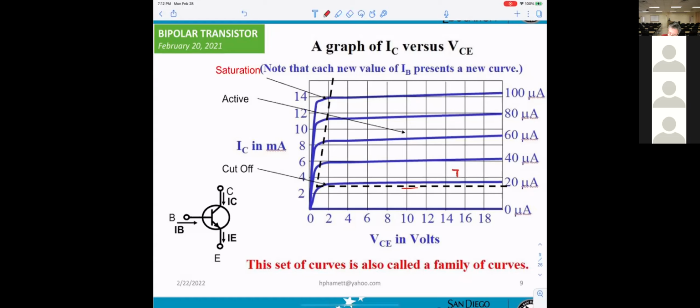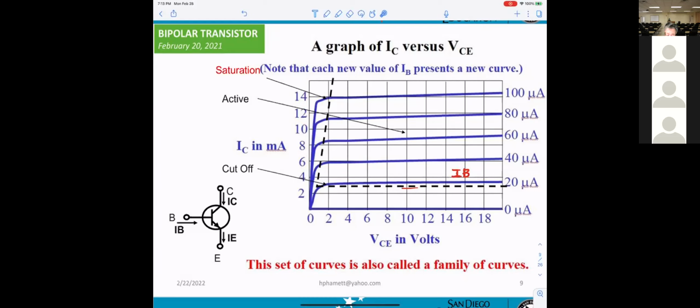Is it the IB? IB. Okay? So this IB equals 20, IB equals 40, IB equals 60. So when the IB changes, the current IC here will be changing.